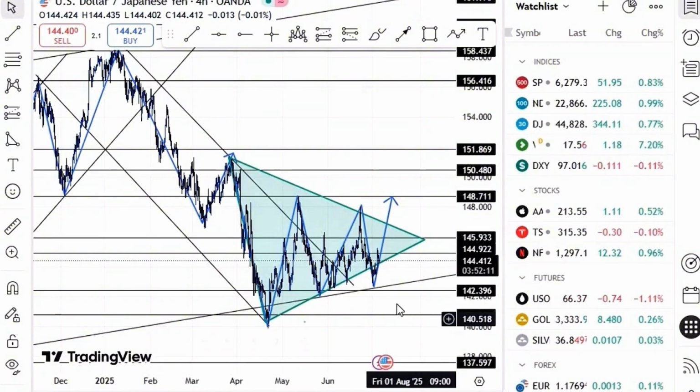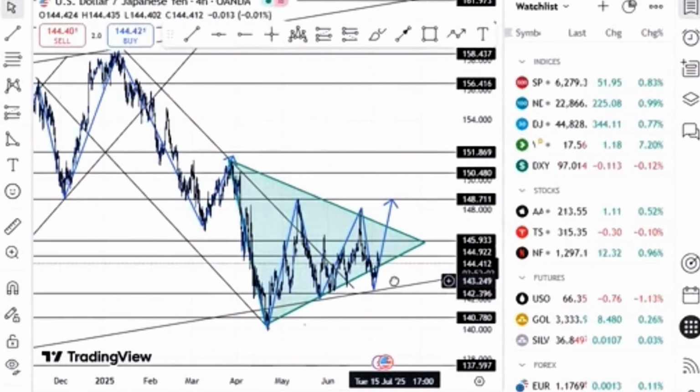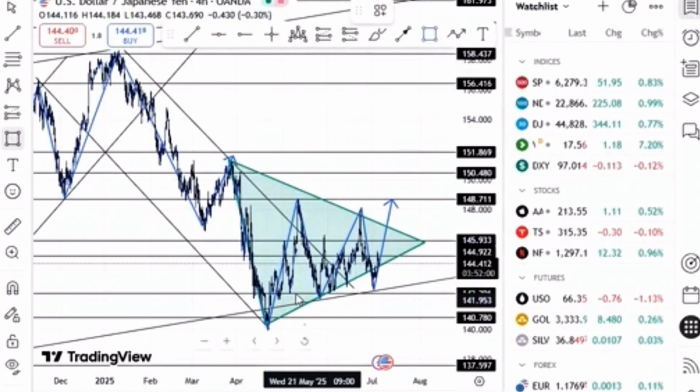So we might have a breakout of a push to the upside or a push to the downside, right? But seeing that we have this double bottom formation here,